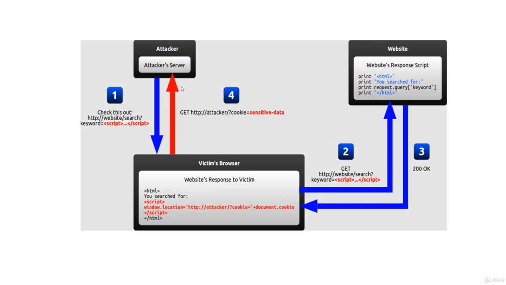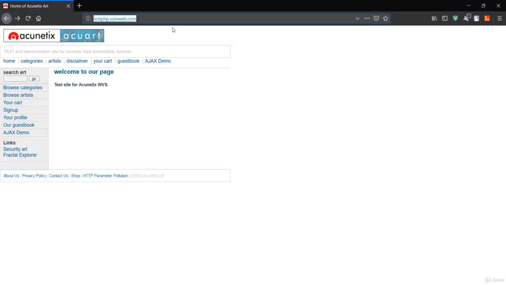So let's see some examples of the persistent and reflected XSS attack in this lecture on the test websites. I have opened this test website over here, which is testphp.vulnweb.com, and we have already seen this part on the left hand side: search art is vulnerable. Anything you type here will be reflected right over here. That means you can inject some code over here. And what you can see here is the reflected XSS. That means it has been reflected into the HTML content. It won't be visible to anyone other than this particular computer.